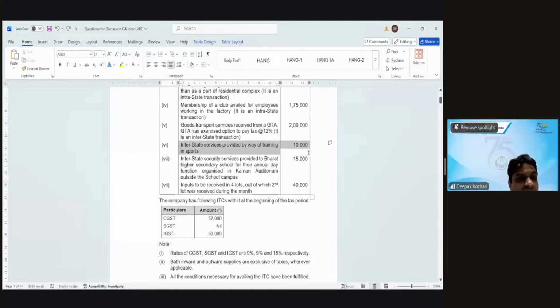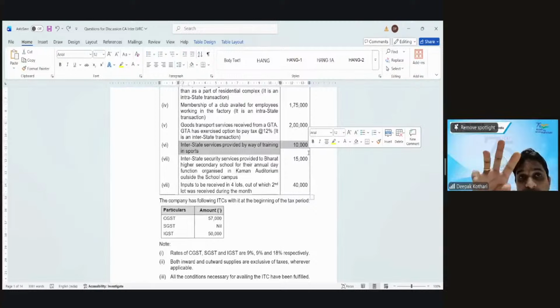Should he pay GST on this 10,000 rupees? Sixth one, he is making interstate supply. He is not availing. So, Lokesh, this is a consolidated question. Some supplies have been made, some input tax credit has been availed. So they have mixed everything. So you have to bifurcate what is outward supply and what is inward supply. Where you have availed the services, there will be ITC. And this is the outward supply, so there is no ITC. Training in sports is exempt supply, nil GST, is what Kushi is saying. Others,